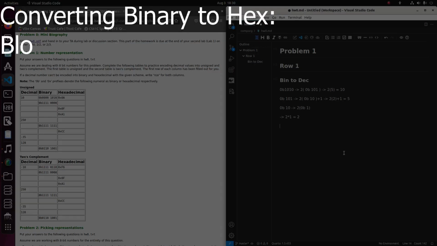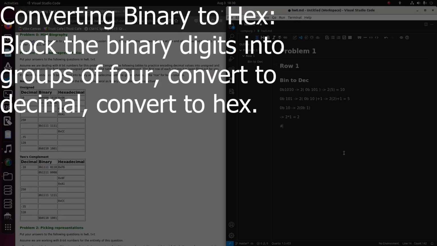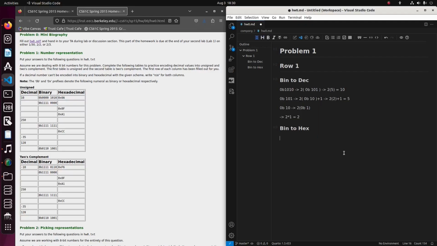And so down here, I'm going to do binary to hexadecimal. And for this, there's a relatively simple rule, which is that you can merely group your binary number in fours, right? So hex meaning 16, and